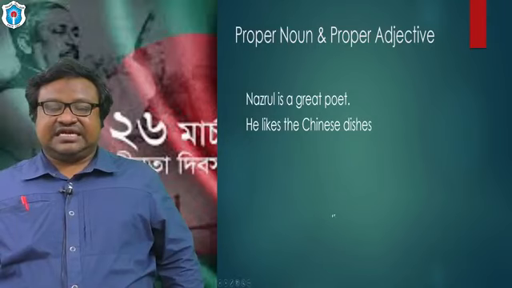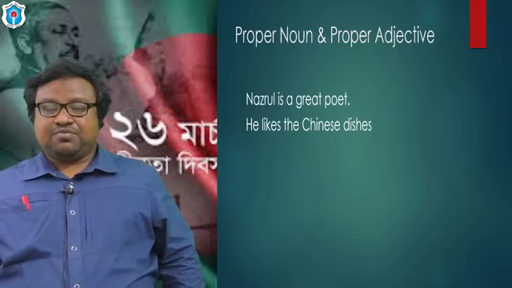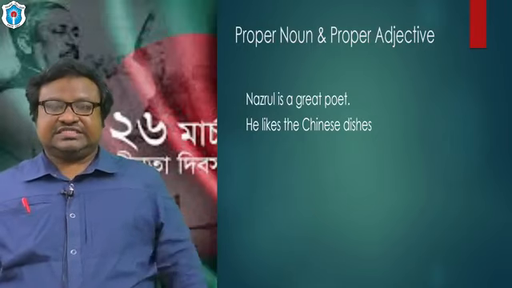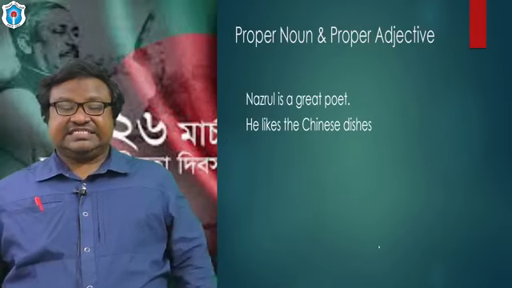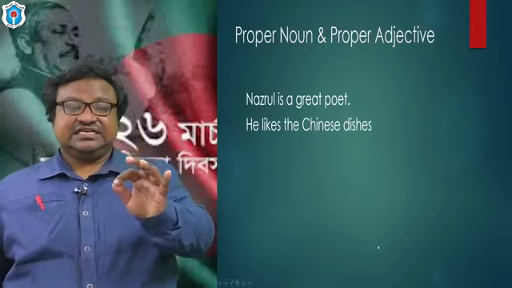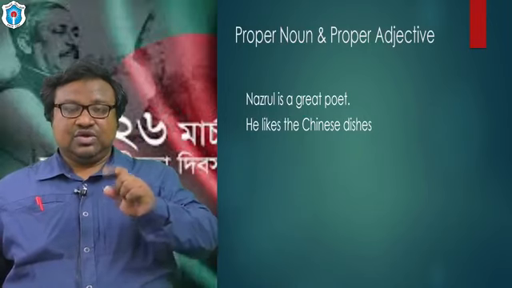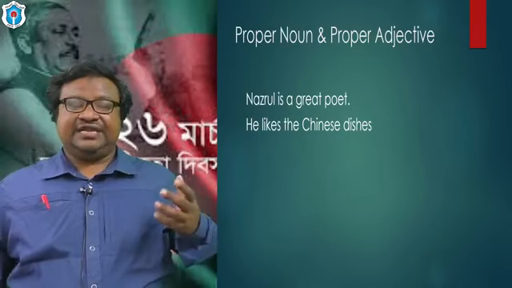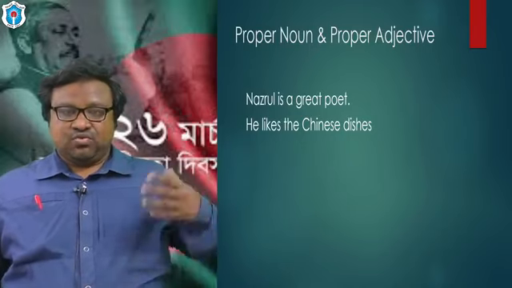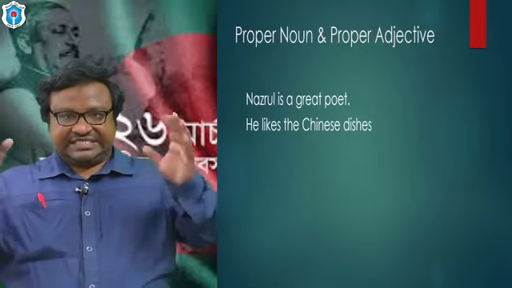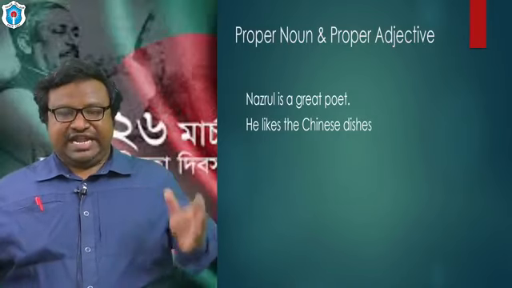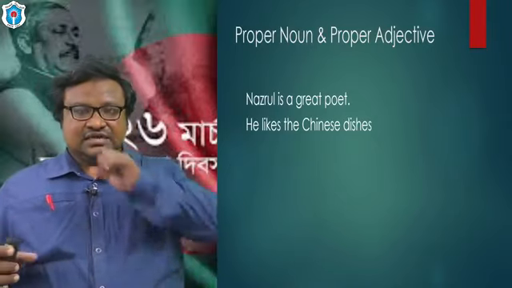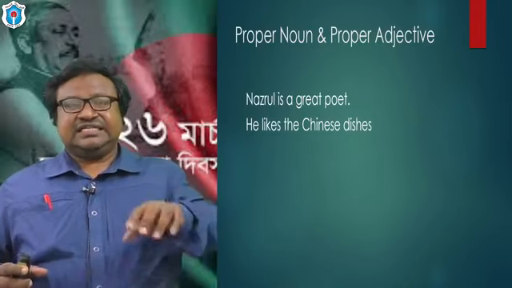Then comes another example, that is proper nouns and proper adjectives. Nazrul is a great poet. Nazrul is a name. He likes the Chinese dishes. Here, dishes is the noun, which is modified by another noun, Chinese, which is a kind of noun adjective. Chinese is the name of a nation. So when proper nouns are being used as adjectives, then these are called